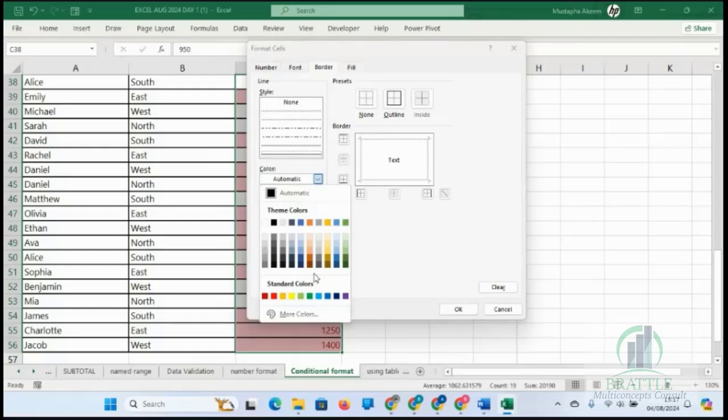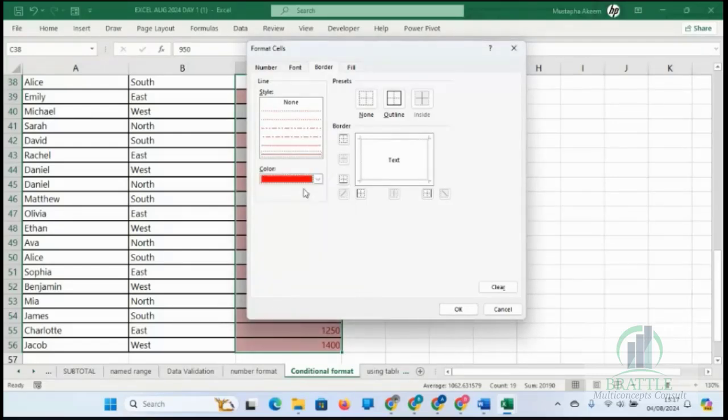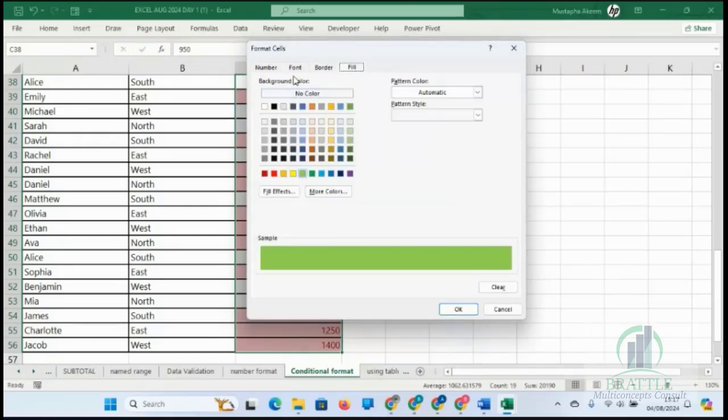And we've made it black or something? I want something that can show very well. Let's use red. Let's put red as a border. We fill it with green, or we can fill it with light blue.